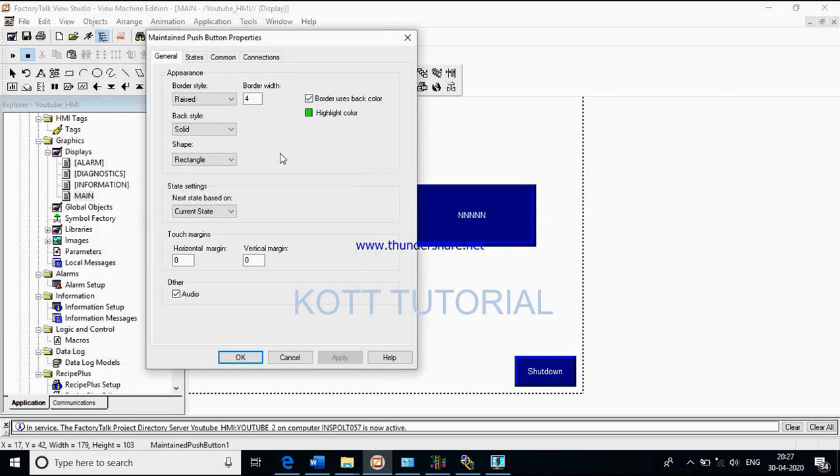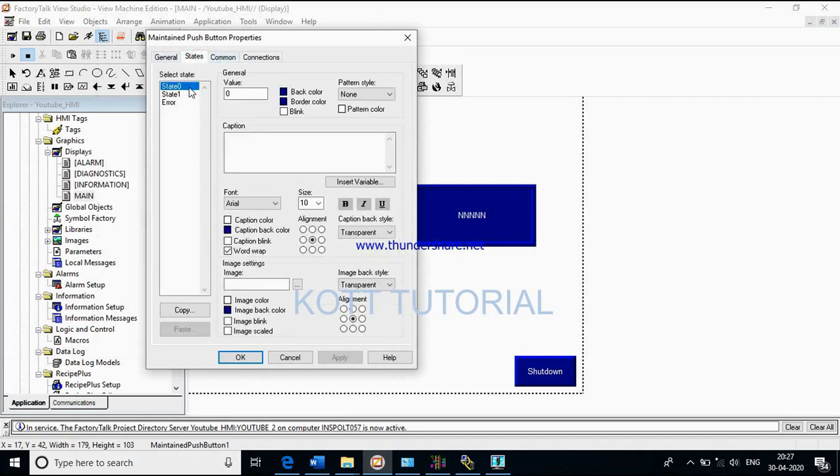These are the properties of the maintained push button. States: at state 0, when the value of this tag is 0, the back color should be red. I am selecting it as red. When my tag value is 1, the color of the button should be green.